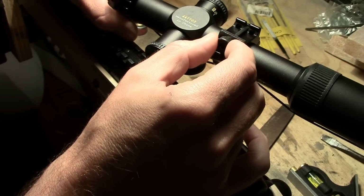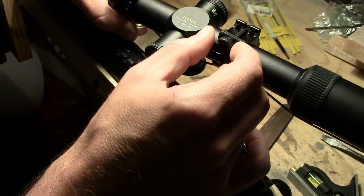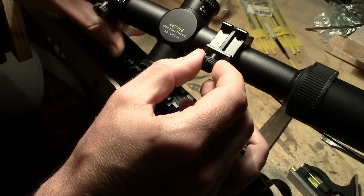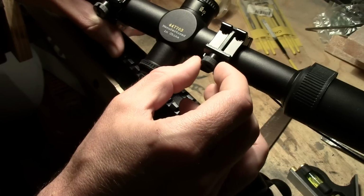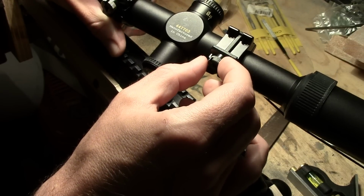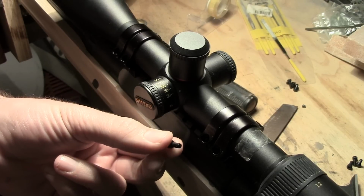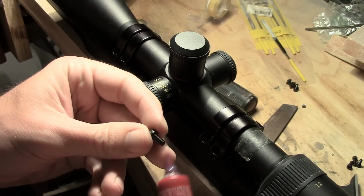The thumb studs, if you want, you can make this kind of a quick detach setup, and you can just screw these down thumb tight and then pop them off later, or you can cinch these down really good with a screwdriver. Putting 1 drop of Loctite on each of these screws,